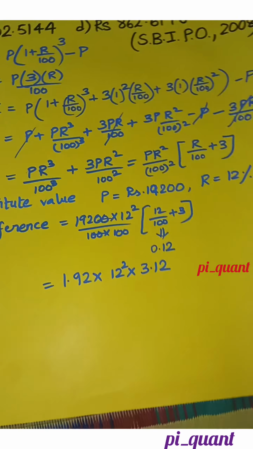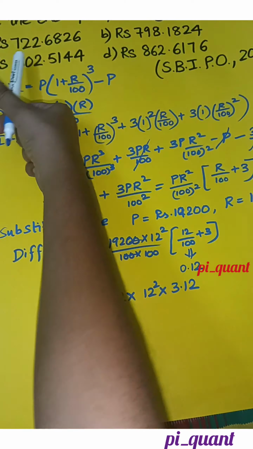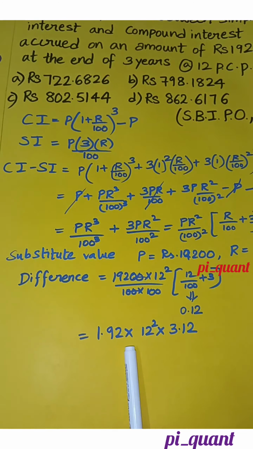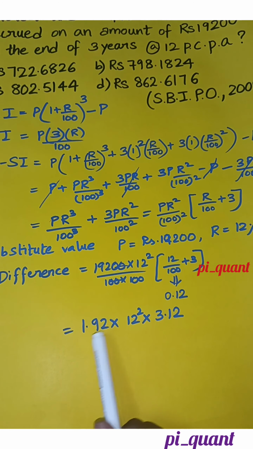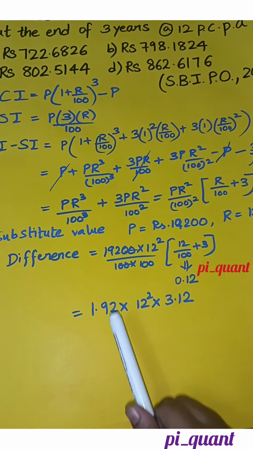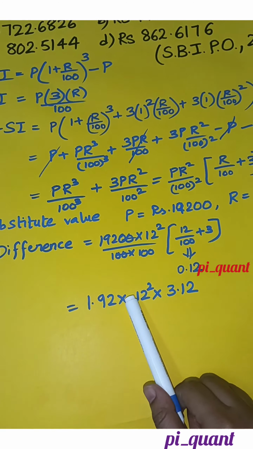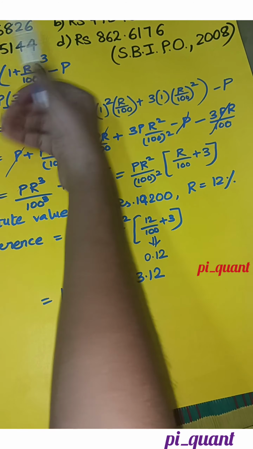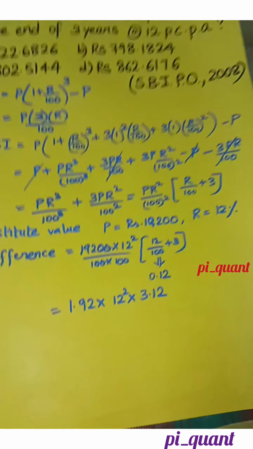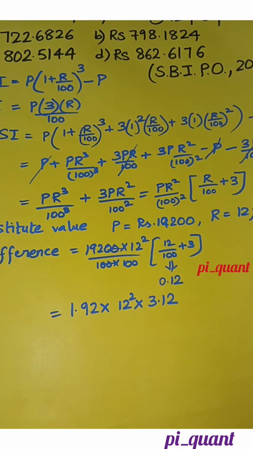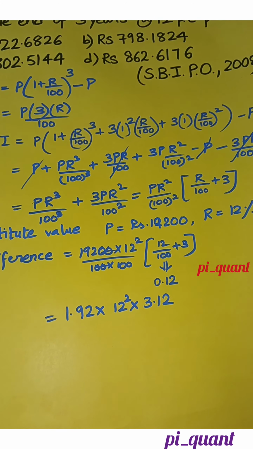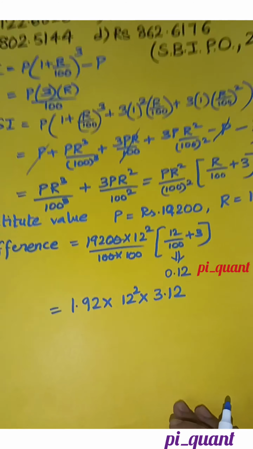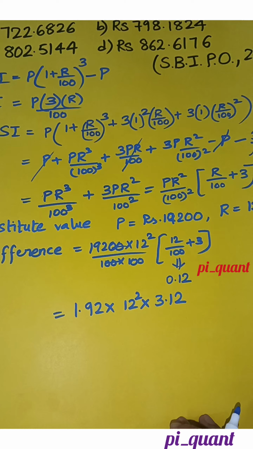So as you can see, these bombastic values, see these are so big. How to derive that from this? That is the tricky one. One is nearer to 700, and the remaining three are nearer to 800. So how can we at least get the approximate value? We'll not get the exact number up to 4 digits after the decimal, but in exam time we do not get that time to solve that.